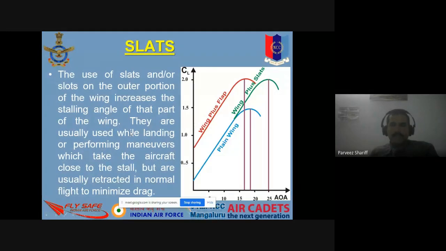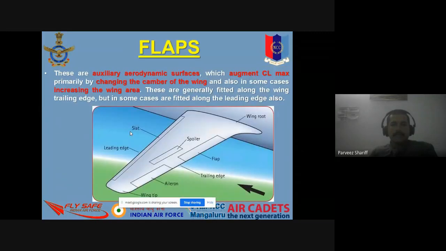Now there are slats which are connected. Let me show the slats in the diagram. Yeah. When you see this wing, this is the main wing. This is the flaps. The movable surface which is connected closer to the fuselage, we call it a flap, and the farthest movable surface at the trailing edge, we call it ailerons. In most big aircraft, these are separate movable parts. In a small aircraft, this is one single part. And in the front side, there is one more movable part, or it might be a fixed part, that is called slats.